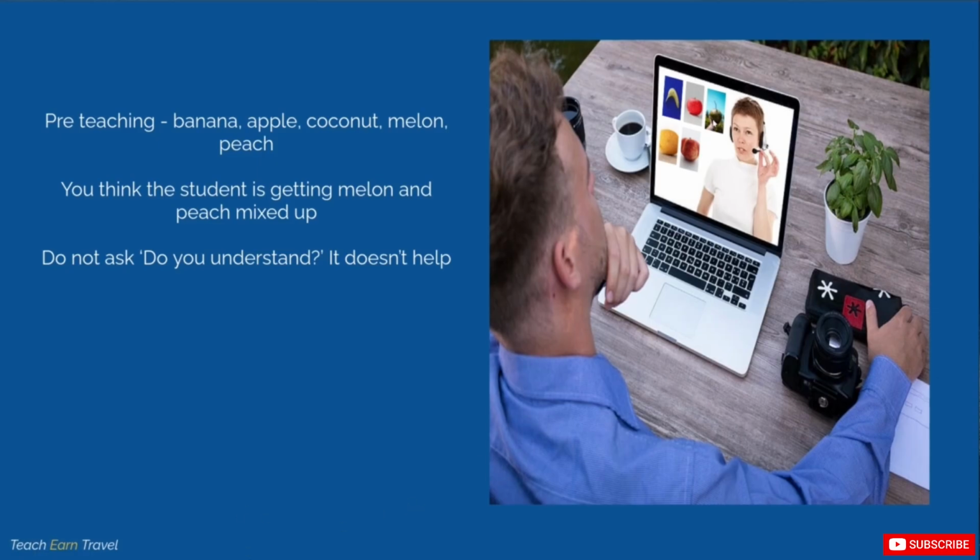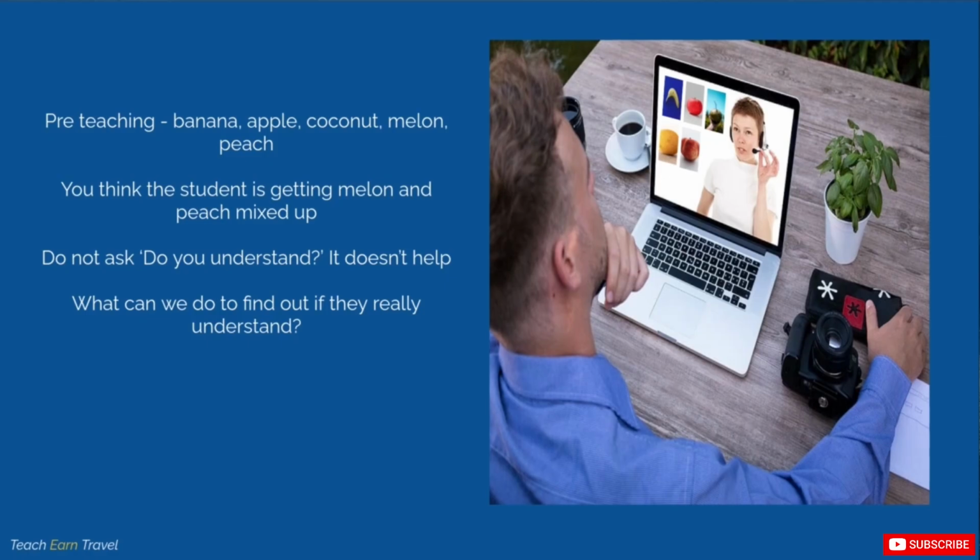We say, okay, so no, this is melon and this is peach. Okay, do you understand? Is that clear? And the student says, yes. It's no good. We have no idea if they've really understood it. They may just be tired of going through this. They may be confused, and just say yes to get you to move on and give them some space to